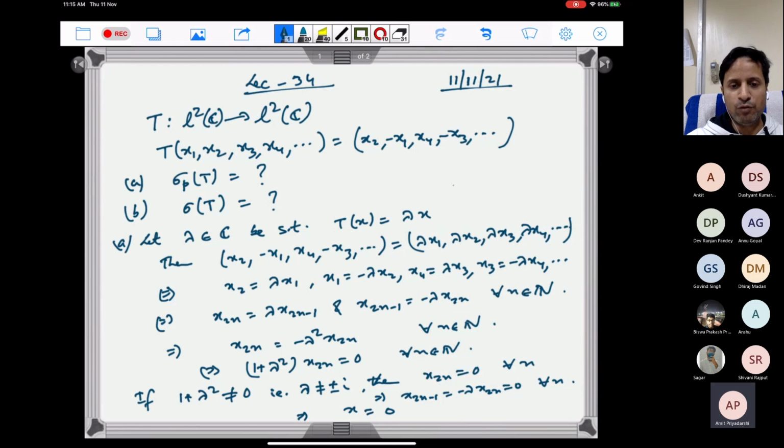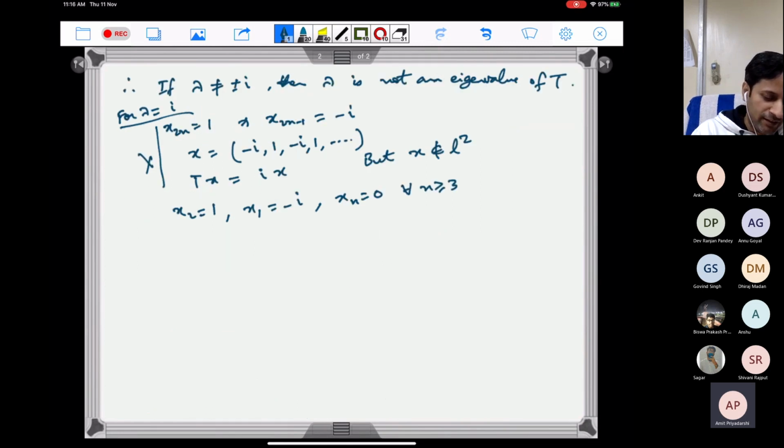So x2 will be equal to lambda times x1, and x1 will be equal to minus lambda x2, and because x3, x4 and so on are all 0, it will satisfy the other equations, that x4 will be equal to lambda x3, x3 will be equal to minus lambda x4 and so on. So this vector, if I take x equal to (minus iota, 1) and then the rest are all 0, this is an eigenvector